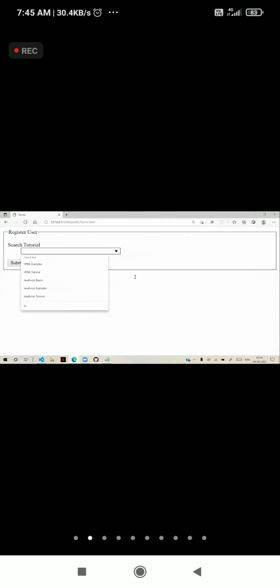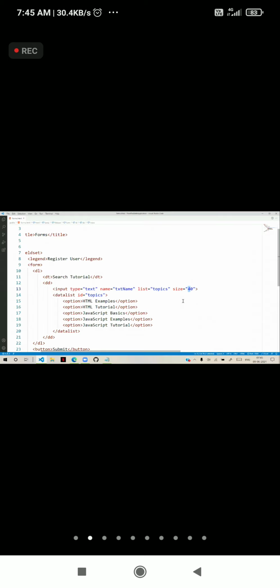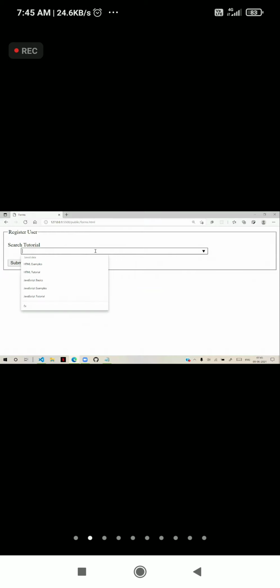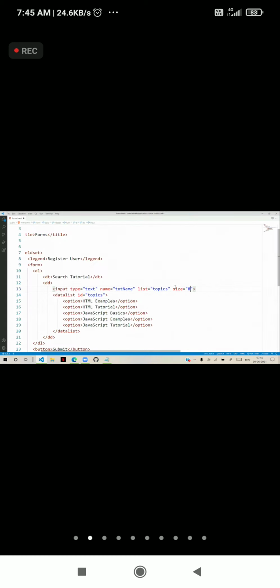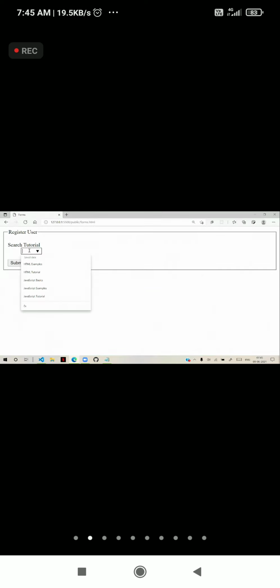So if I give 80, then it will be lengthy. This is the text box. You can change it to some 4. It is a very short text box. Sometimes you ask to enter a pin, some small characters. Then you don't need a lengthy box.